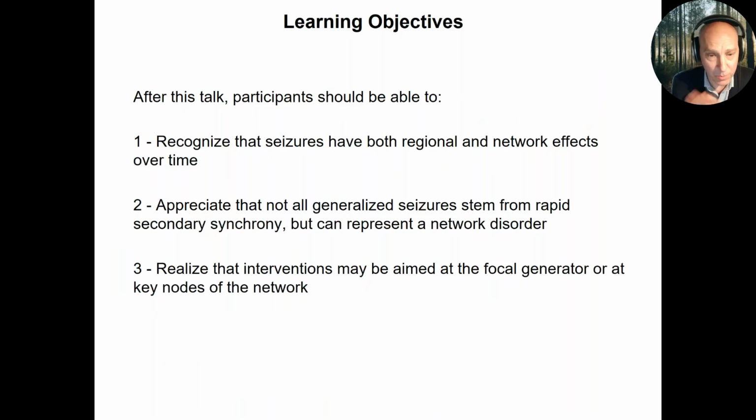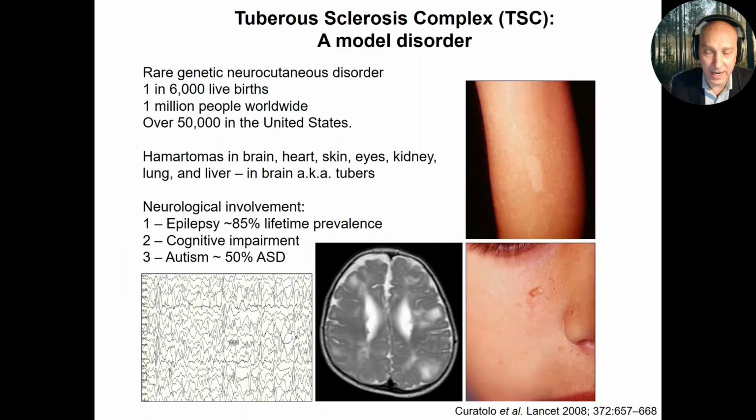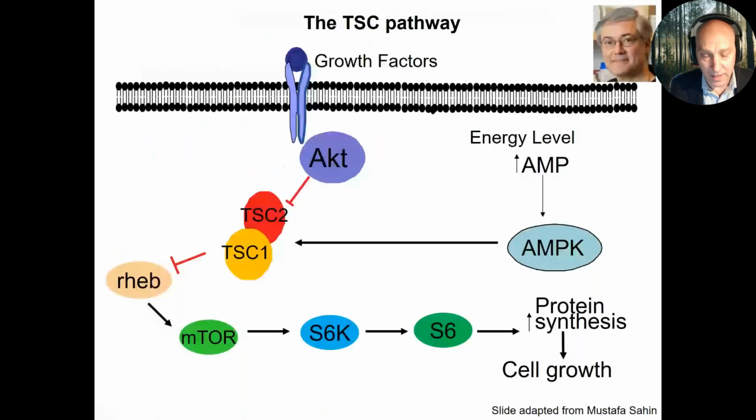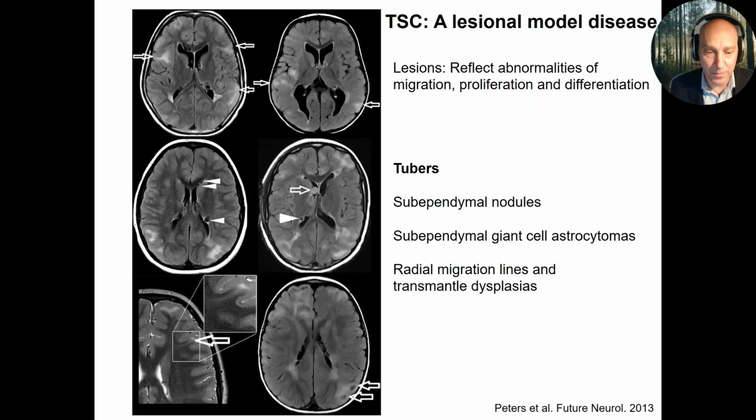I use tuberous sclerosis complex as a model disorder. And by model disorder, I mean a disorder that we can learn lessons from and apply to other early pediatric epilepsies. And we apply these lessons to focal cortical dysplasia and other lesional epilepsies, but basically the model is one of early onset epilepsy. TSC pathway is not relevant for this talk, but TSC is a lesional model, as the patients